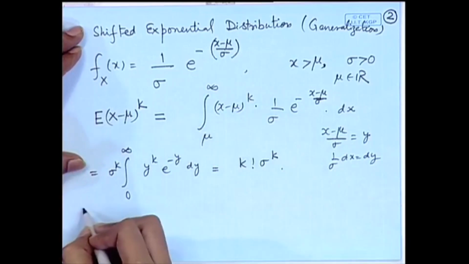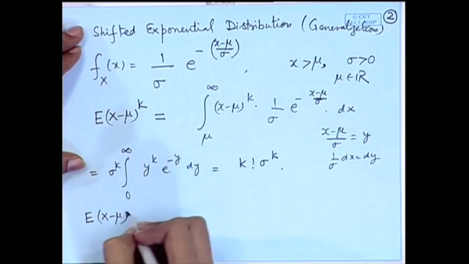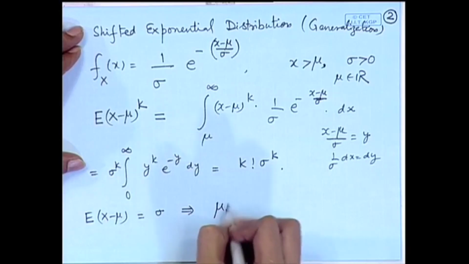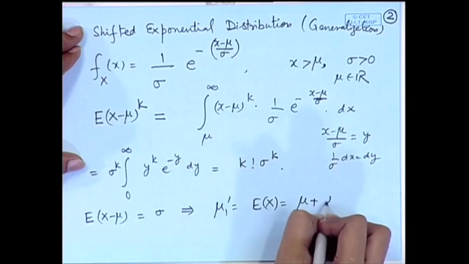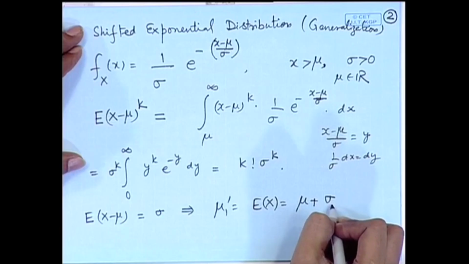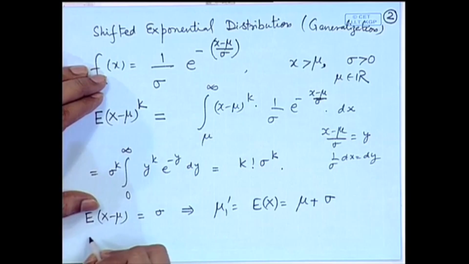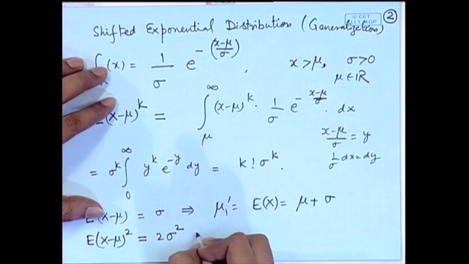So, in particular, if we consider expectation of x minus mu to the power 1, this is equal to sigma. This means the mean of the shifted exponential distribution is mu plus sigma. If we had considered lambda there, then it would have been mu plus 1 by lambda. So, definitely we would be interested in the variance here. So, expectation of (x minus mu) square is equal to 2 sigma square, which gives us